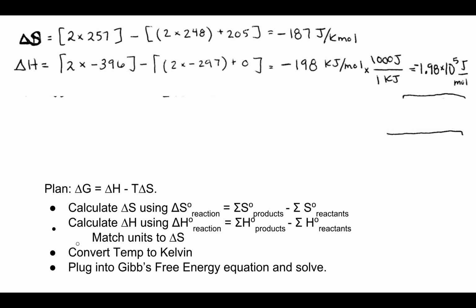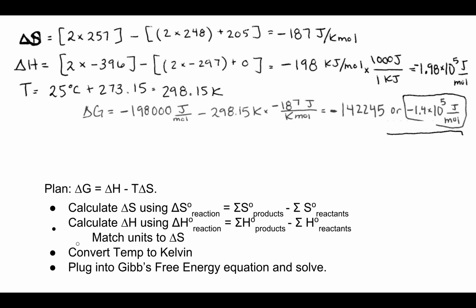The last conversion I need to do is temperature. So temperature equals Celsius plus 273.15, and you get 298.15 for Kelvin. Then we're ready to plug all of that information into delta G. Delta G equals that negative 1.98 times 10 to the 5th joules per mole minus 298.15 Kelvin times negative